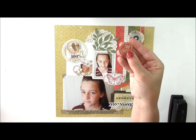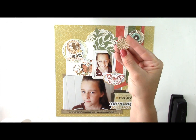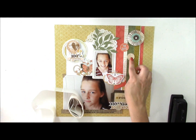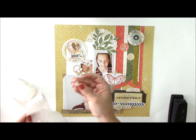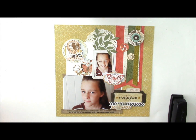Then I have this Too Cute circle from the Pink Paisley ephemera pack. And I have this yellow circle. We'll just create a visual triangle, and then finally in the center of that yellow circle I'm going to add a very small pearlized button to the center. So there you have a layout, and I've showed you a couple of techniques and tricks for incorporating older and